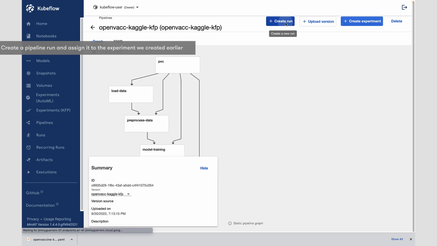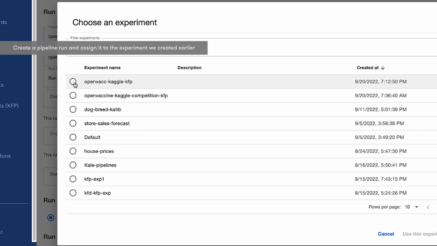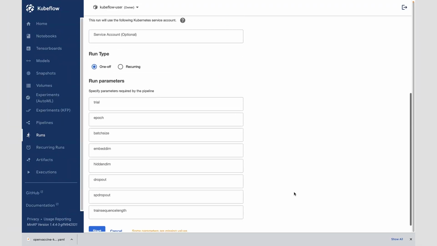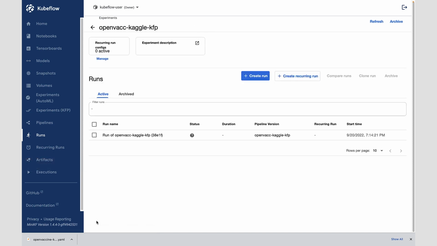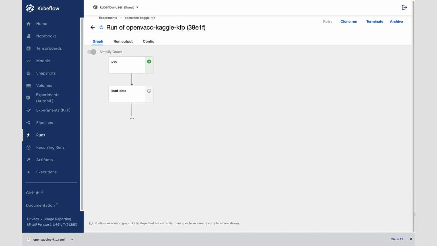Let's create a run. Click on the Create Run button and make sure that we assign this run to the experiment that we just created a few seconds ago. Let's fill in our runtime parameters and click Start. Now we should be able to click on the details of this particular run, and we're taken to the runtime